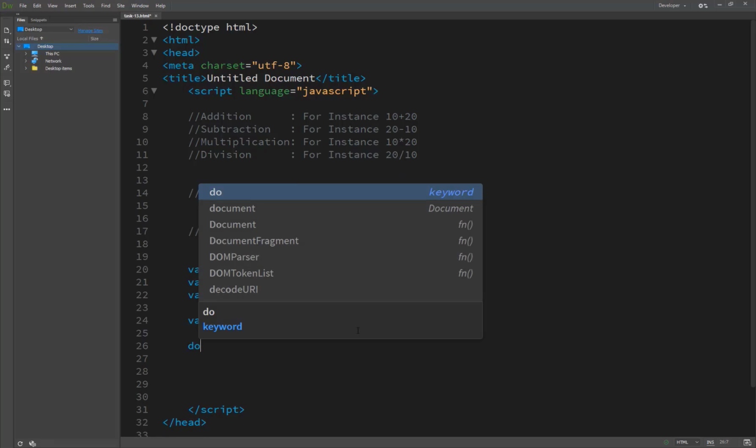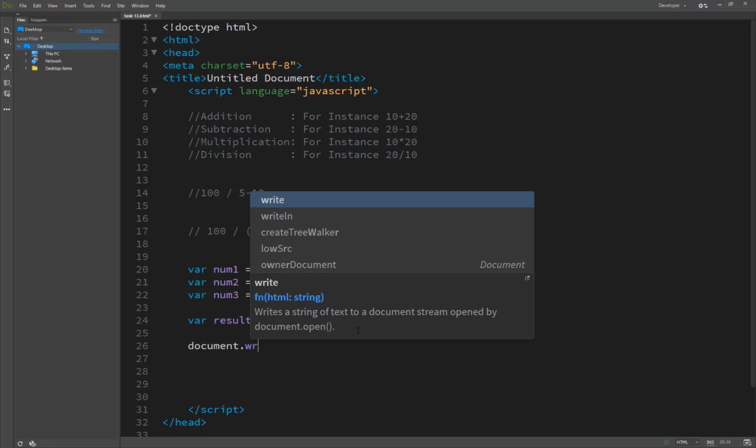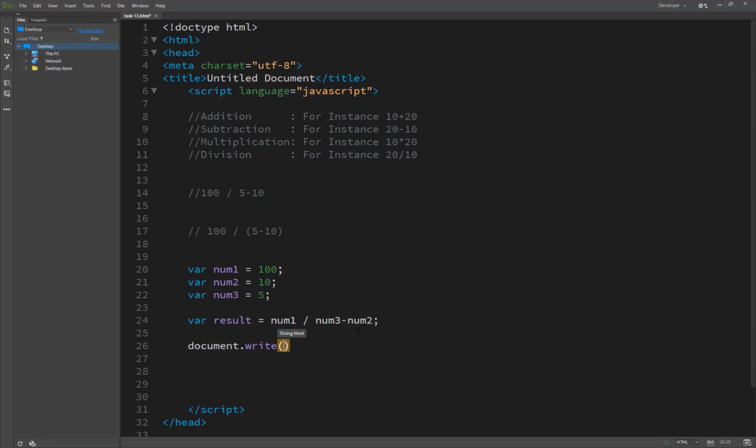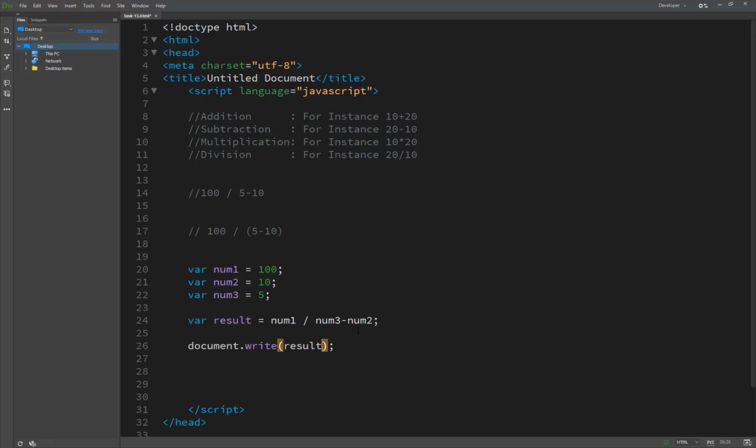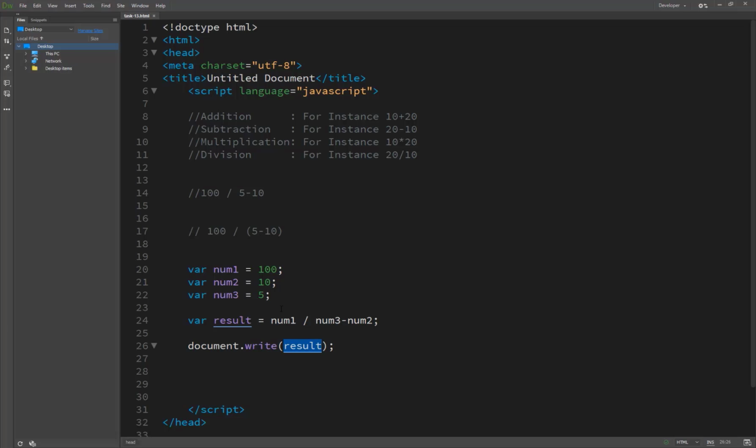We create document.write for printing our results on the browser. We pass the variable result as an argument, and now you see the result is 10. Why 10?